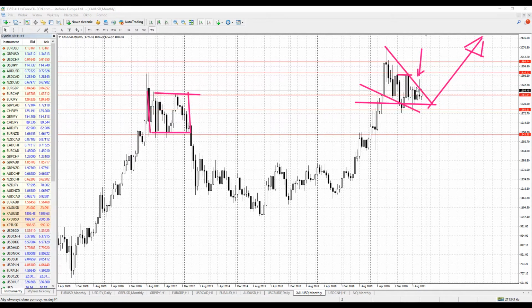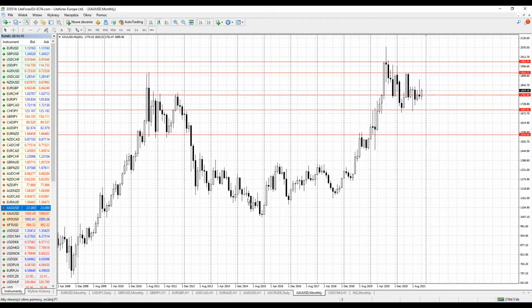All right, so if you are a seller, be careful, because if we are going to get a close above 1842, we might retest 1916, so the yearly open, and if we are going to break through that, we might see higher levels. To the downside, 1700 as of now is very strong support. Breaking below might reopen levels we were discussing previously, 1500, 1450.